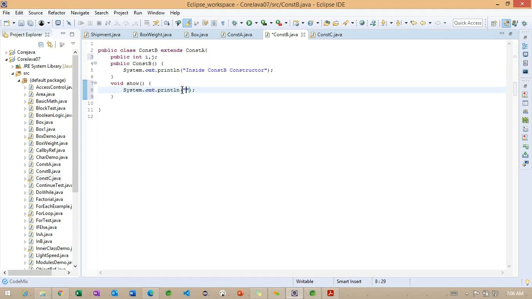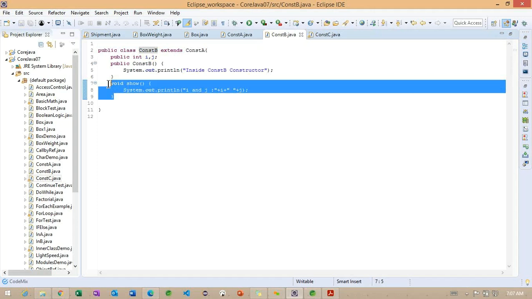Inside this show method, I want to print the i, j values. I'm saving this ConstructorB class.